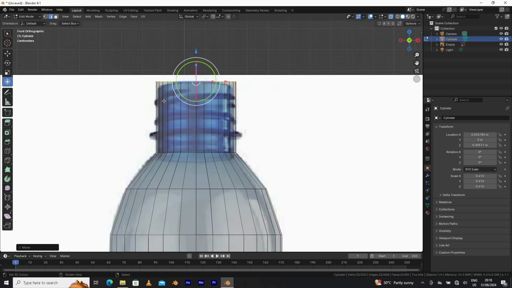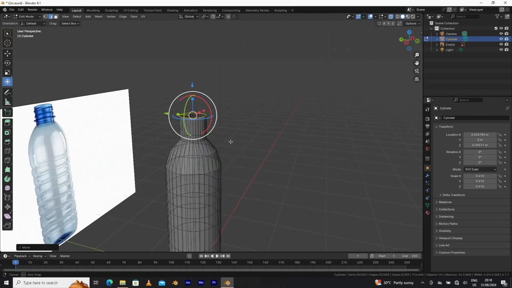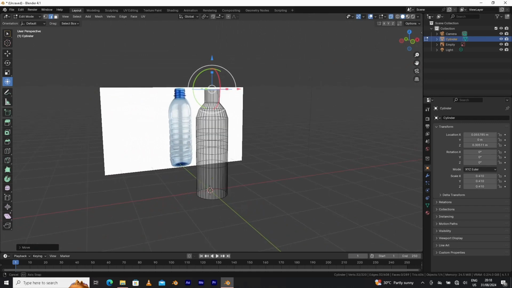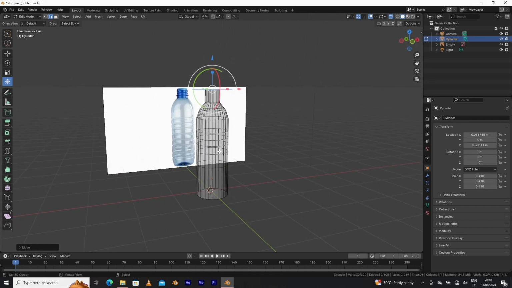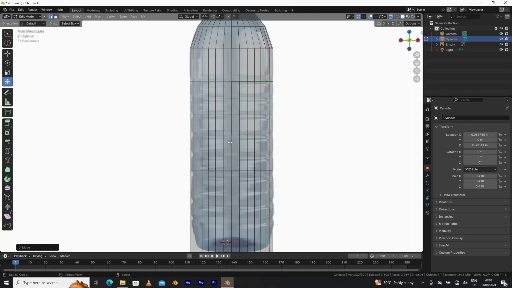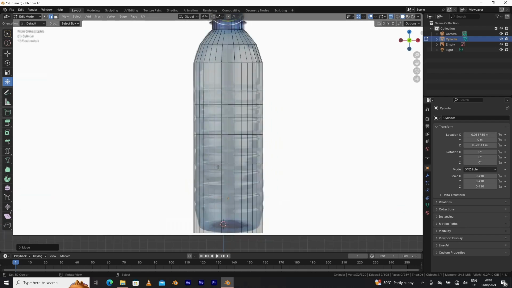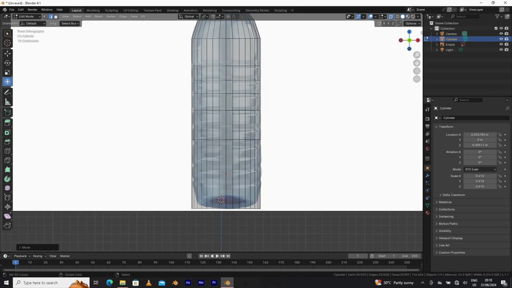Cool, fantastic. We'll deal with these things later. Okay, I'll show you how to do that. It's quite easy. So this is the shape of your bottle, the rough shape of your bottle. Okay, good. Now you notice that we still don't have these lines at the right places. Okay, so we can press